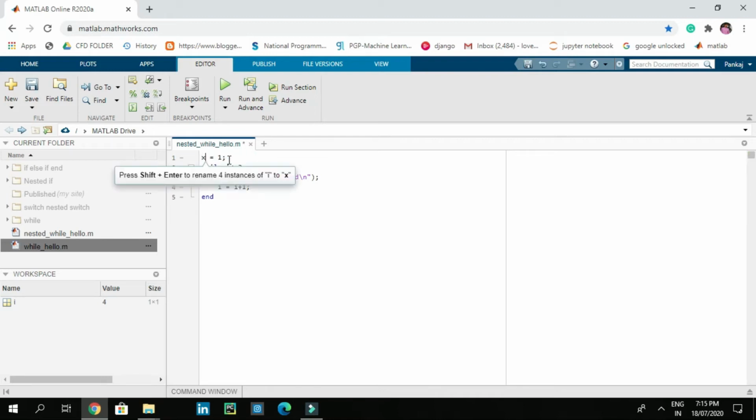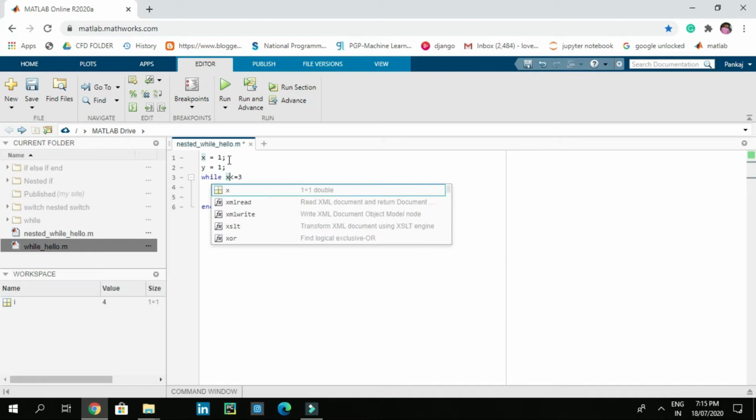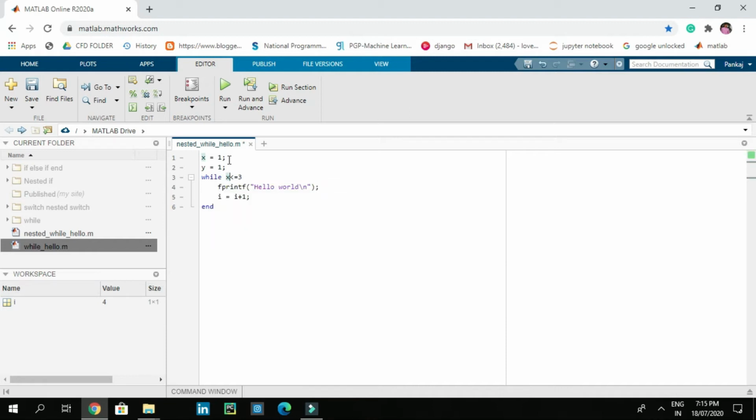So here we have while x is lower than or equal to 3, and then printf hello world \n. After that let's add nested while statement. So while x is lower than or equal to 2, and in that let's add printf open parenthesis close parenthesis double quote, and in that Pankaj \n and semicolon.